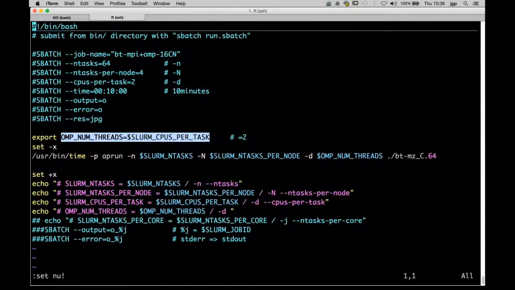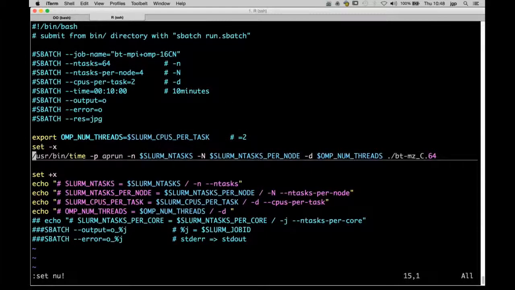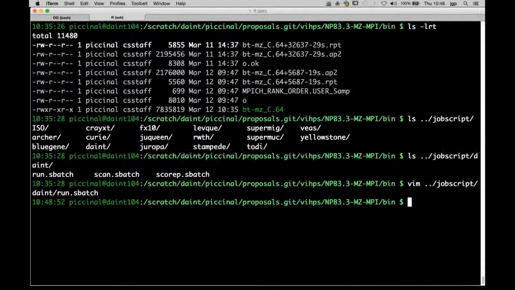And since I want the compute node to be full, I will run 4 MPI tasks per node. So that's a total of 8 processes per node. I will run for 10 minutes. This is the job script, what we need to use to submit the job.